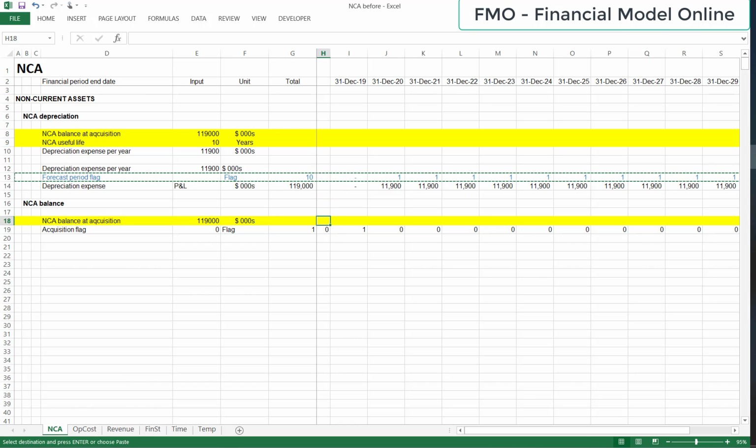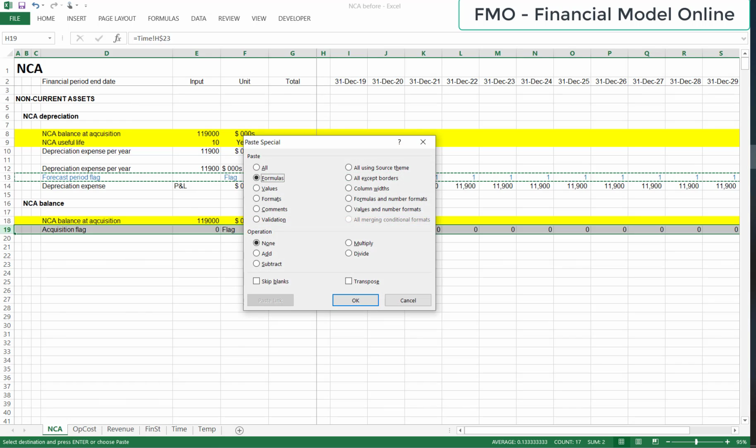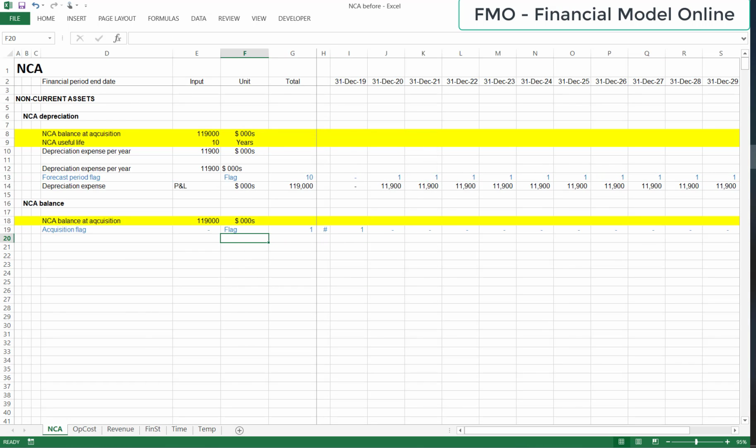Copy and then paste formatting. And the NCA beginning balance, NCA ending balance,